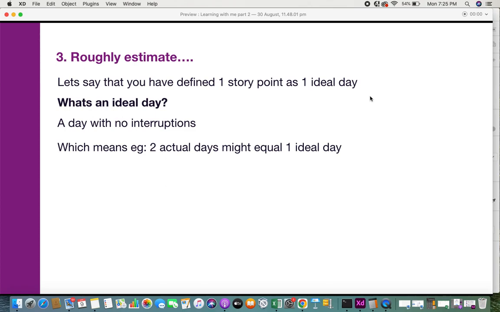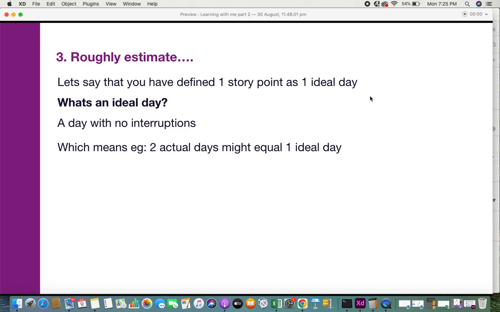So I've taken a couple of videos on how you can look at story points. Again, every team's story point definition is not the same. For my team, one story point might mean one idle day, and for another team, a story point might mean how complex something is or how much effort needs to be put in to complete that particular story. So it varies. But let's say for your team, in this example, one story point means one